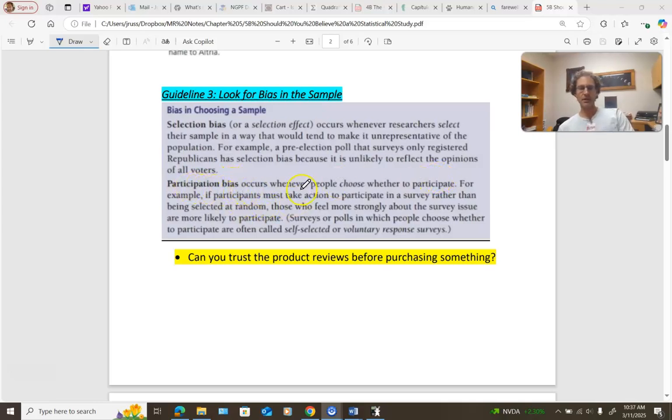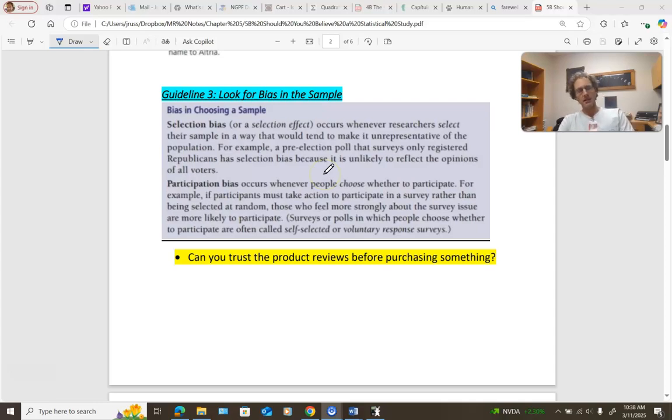So, for example, if participants must take action to participate in a survey rather than being selected at random, those who feel more strongly about the survey issue are more likely to participate. Surveys or polls in which people choose whether to participate are often called self-selected or voluntary response surveys. Okay,